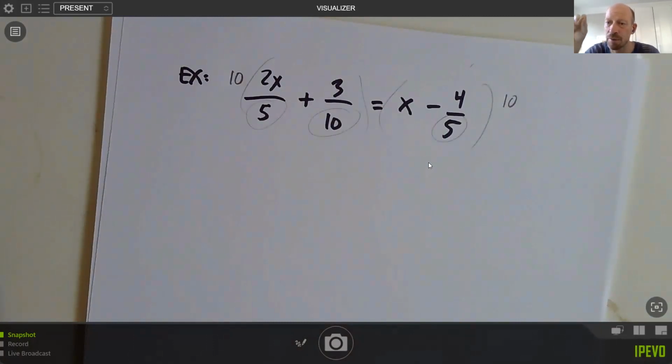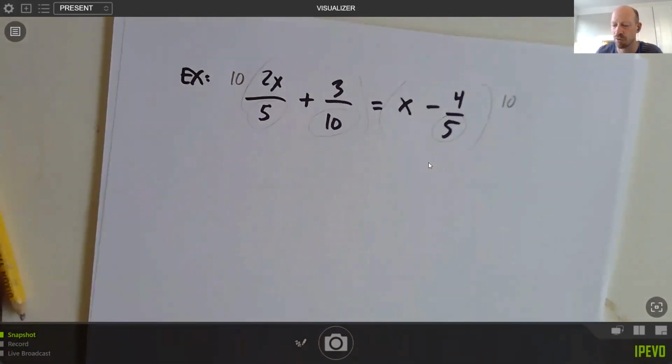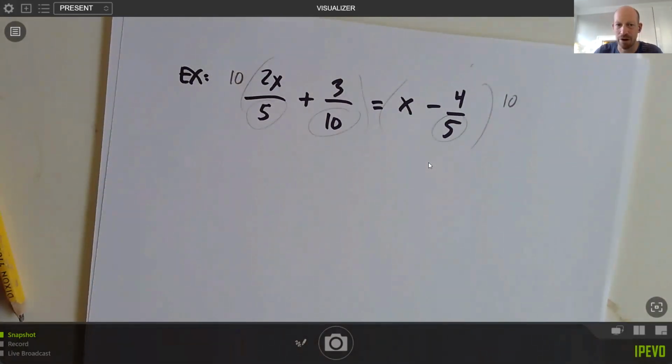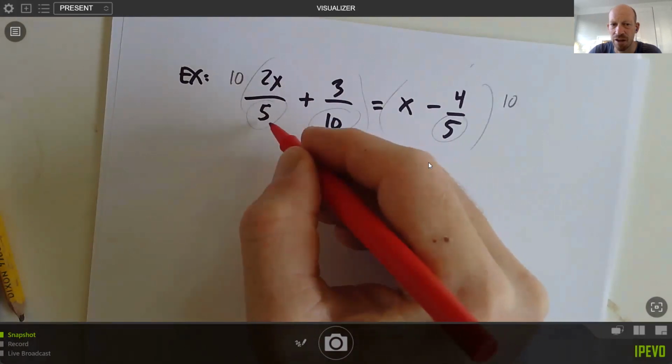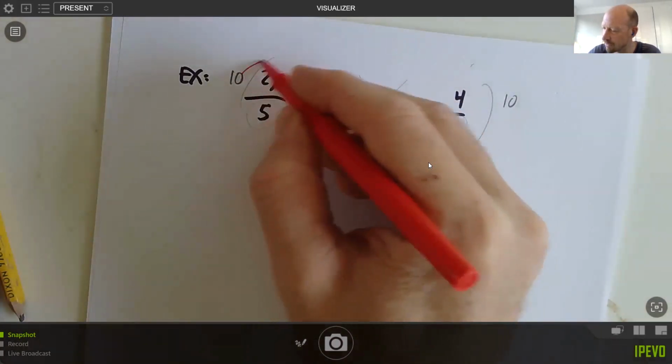The error a number of students make is they'll sometimes just multiply one side by one thing and the other side by something different, and that doesn't work. That changes the equation and changes the solutions. This keeps the solutions the same because I'm doing the same thing to both sides. And what happens there is I'm able to cancel